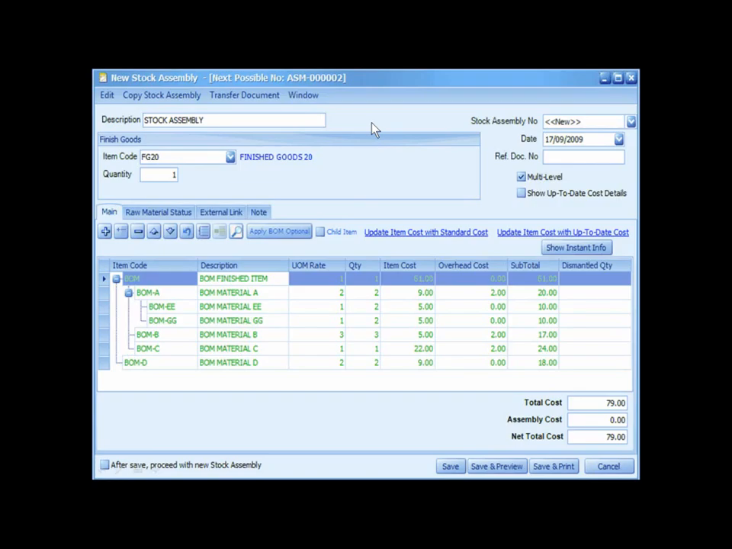Similar to Bill of Material module, stock assembly is to assemble finished goods according to BOM setting. It will increase stock quantity of finished goods and at the same time reduce stock quantity of material items. But in this module, it will affect all assembly levels. In my example, if I assemble this finished goods item of FG20, all materials needed multi-level for this item will